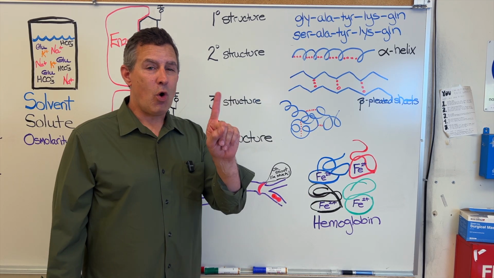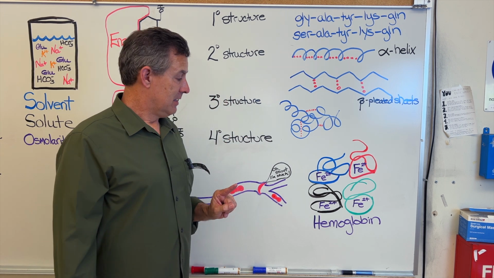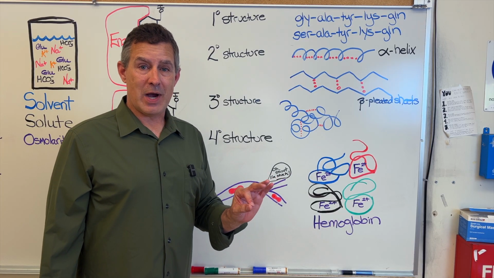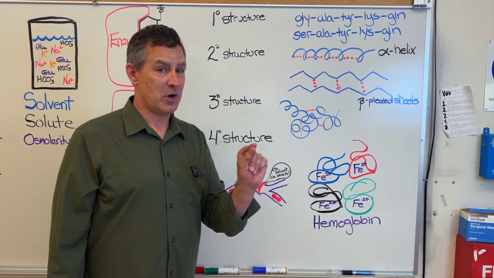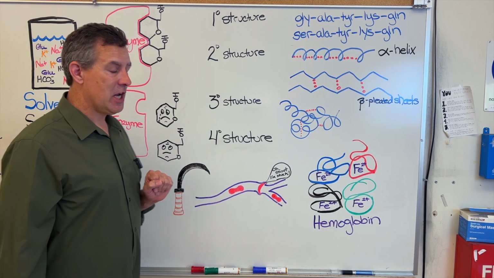But when there is one change from valine to glutamate, don't worry about where that happens within the amino acid sequence, but just one substitution of one amino acid for another that's incorrect, it causes a change in shape of